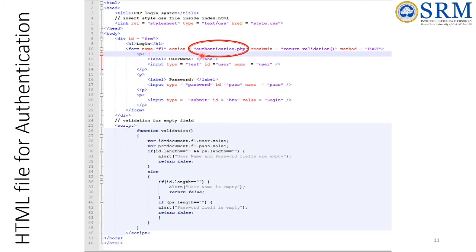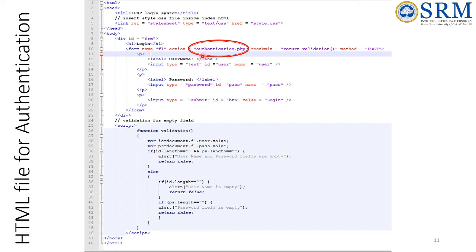Inside the form, there is a username and password label with a text field. While the user gives the username and the password, it is read using the ID user and pass variables. In the action attribute, I have called authentication.php.